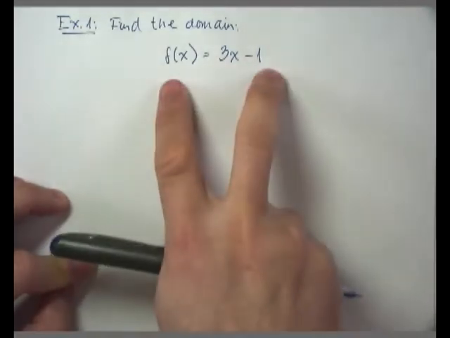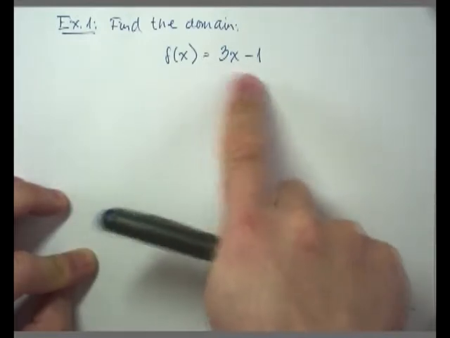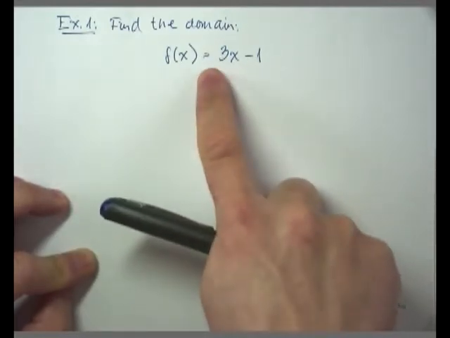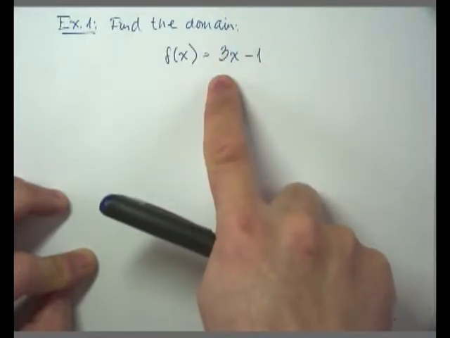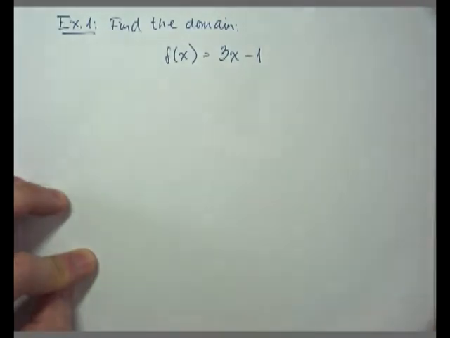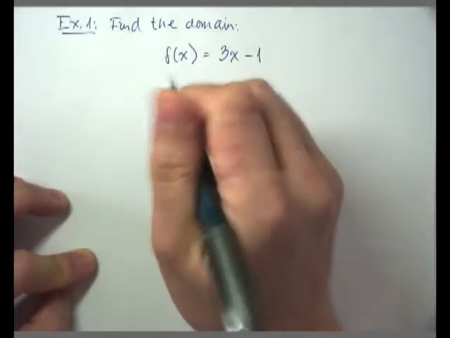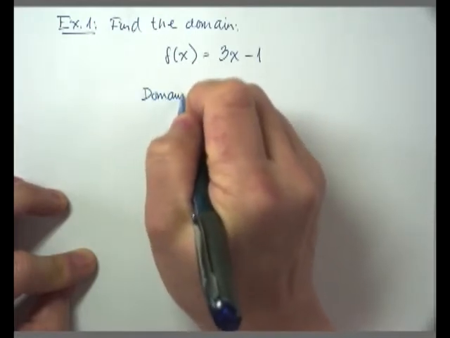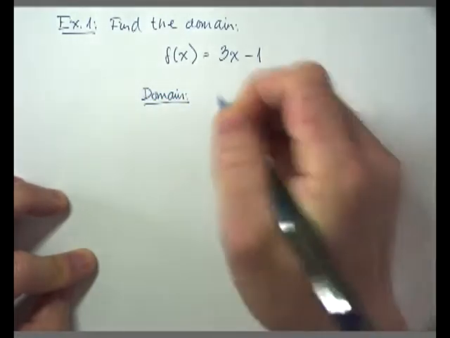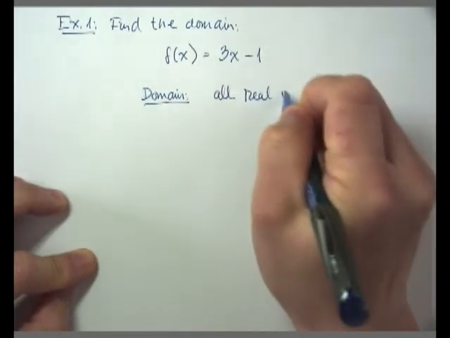And so in this function right here, out of the two concerns, none of those we have to be worried about. In this function, we have no denominator, we have no fraction, we have no square root. So none of the concerns is addressed here. So in that case, since we're free of all the concerns, the domain for this problem would be all real values